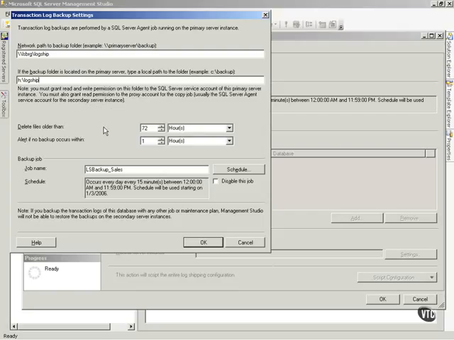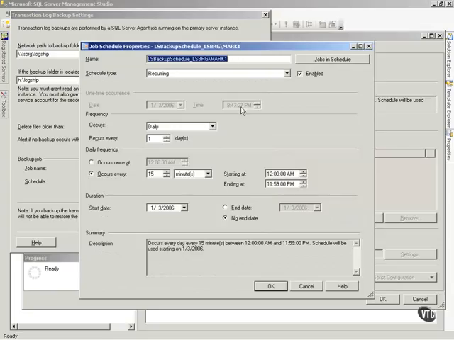Now there is something that's going to happen. You're going to be every 15 minutes by default doing transaction log backups to this location. You're going to build up quite a bit of files out there. Notice we can delete files older than, and I can back this down to say 36 hours. And I can create an alert if no backup occurs within 1 hour. Then on my backup job, notice I can schedule how often this goes. Now notice that by default,